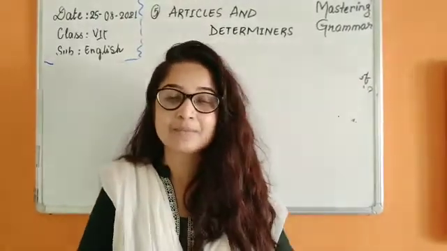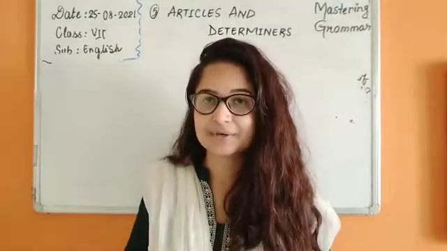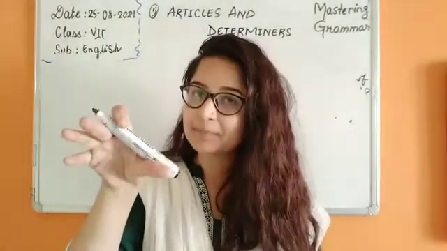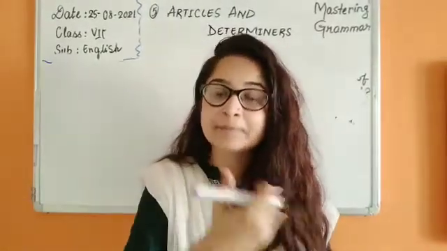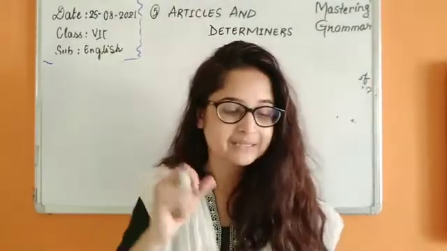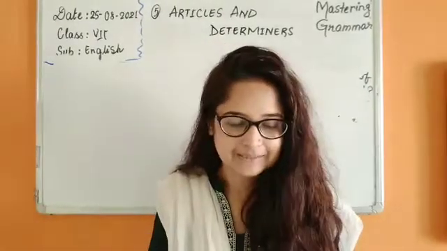With a common name when it represents the whole class, okay? So with a common name also you can use it, like the peacock is the national bird, yes? You see children, the peacock, it's not about only a particular peacock. When I'm talking about all the peacocks, then I'm saying the peacock, yes, the tiger, like this.